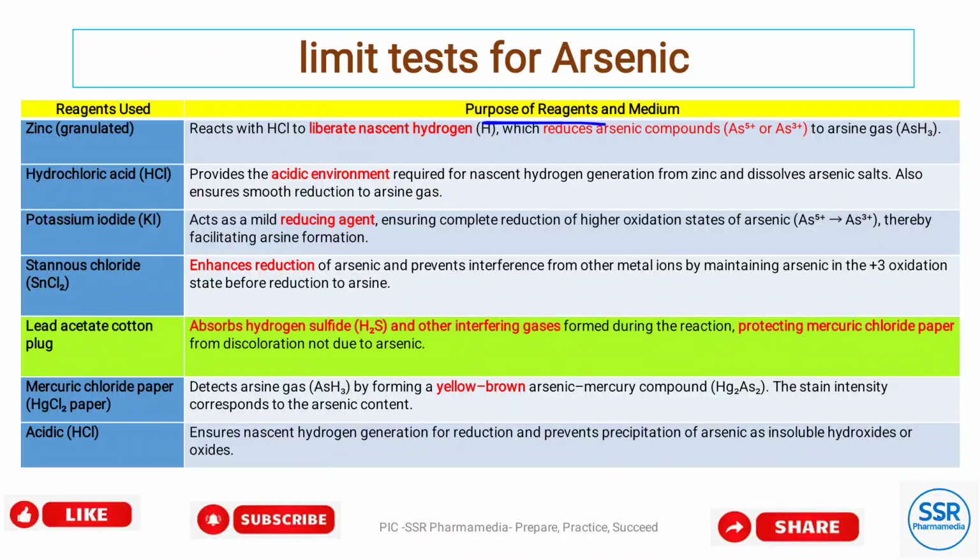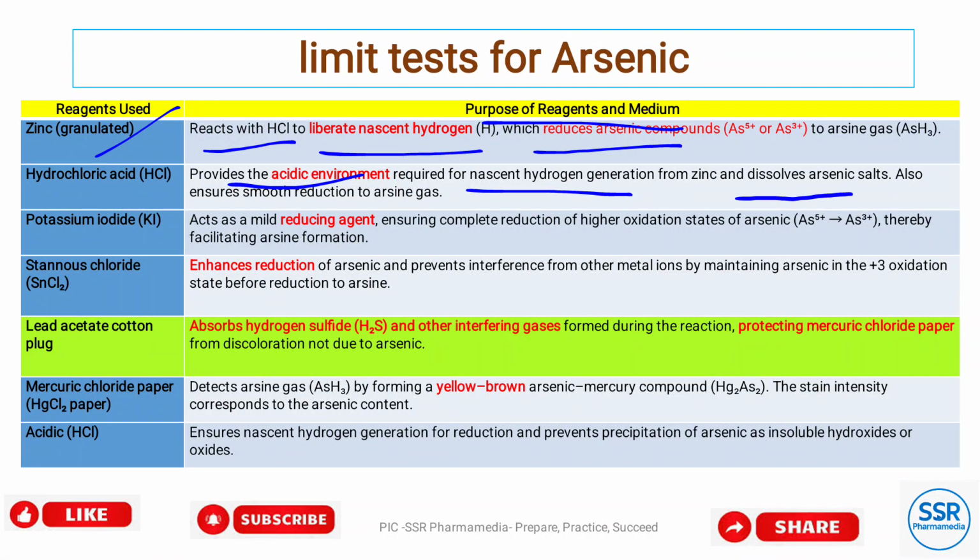Now, the purpose of the reagents used in the limit test for arsenic. Zinc reacts with hydrochloric acid to liberate nascent hydrogen, which reduces arsenic compound to arsine gas. Hydrochloric acid is a medium, providing the acidic environment required for nascent hydrogen generation from zinc, and dissolves arsenic salts. It also ensures smooth reduction to arsine gas. And potassium iodide acts as a mild reducing agent, ensuring complete reduction of the higher oxidation state of arsenic,